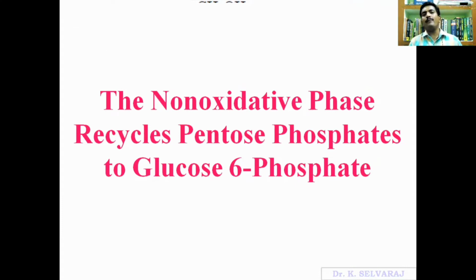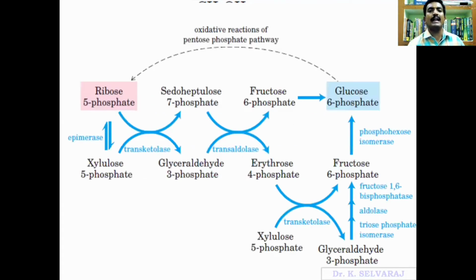The second step of the pentose phosphate pathway is the non-oxidative phase. It recycles pentose phosphate to glucose 6-phosphate, because the pentose phosphate is converted from the glucose 6-phosphate. Again, this glucose 6-phosphate is produced from the pentose phosphate through this non-oxidative phase. It is the overall explanation of the non-oxidative phase. In the non-oxidative phase,